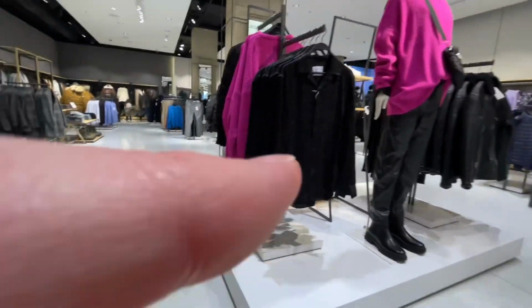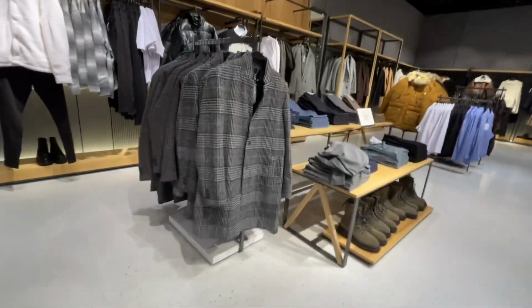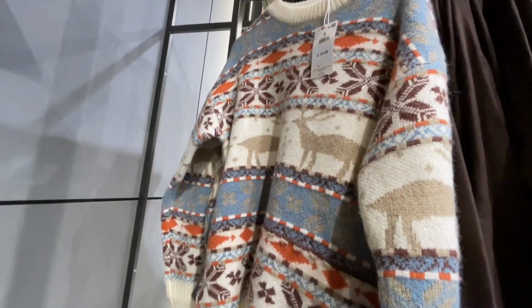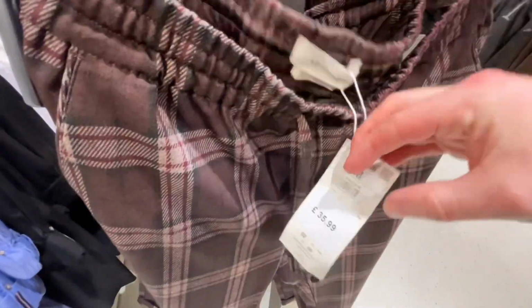This fuchsia pink, which is very bold and loud, and around the back here is more workwear-ish. This really nice, is that a cargo overcoat? Really like that. And this Christmas jumper as well, $39.99 for that. These are a bit of me. I love a check trouser and this